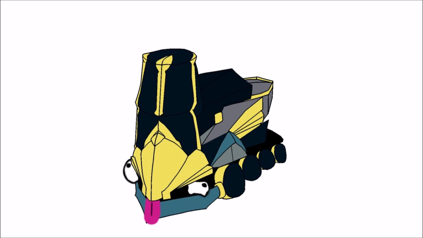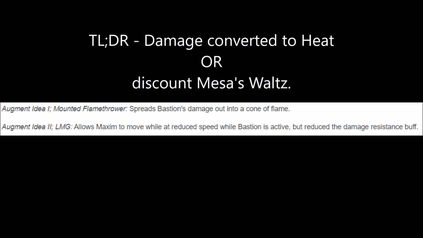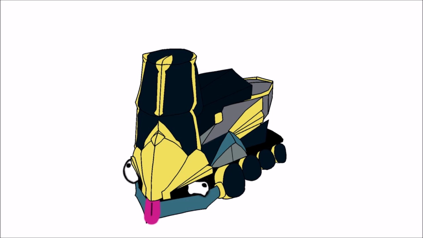While it's a channeled ability, it only consumes energy while being fired, similar to Avara's Artemis bow, and while Maxim is using Bastion, he gains some damage resistance and immunity to knockdowns. Bastion does also have two augments, but one of them converts Bastion into a flamethrower while the other one is a discount Mace's Waltz. Given that Bastion is designed to be a stationary machine gun, I assume that the energy drain per shot is low, because otherwise Bastion just seems like a very easy way to run out of energy in 10 seconds. Even if the energy drain is low,